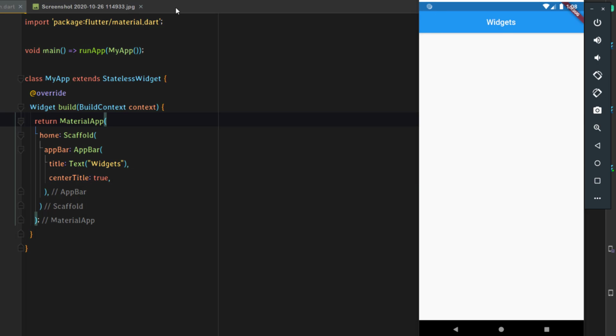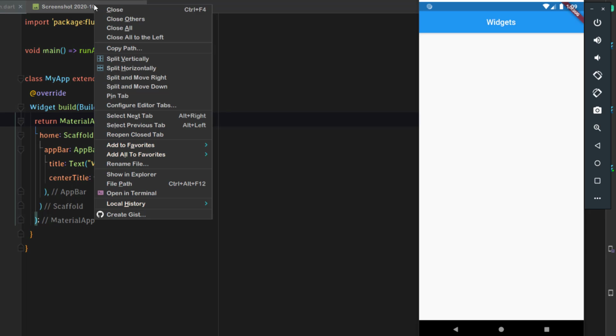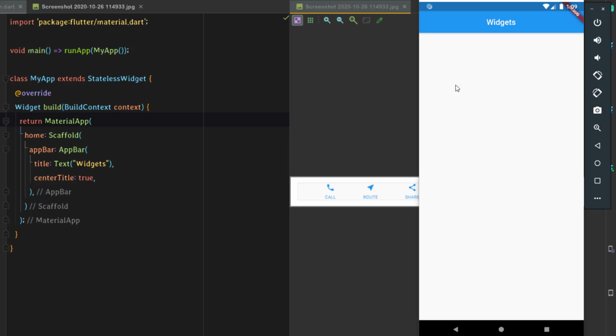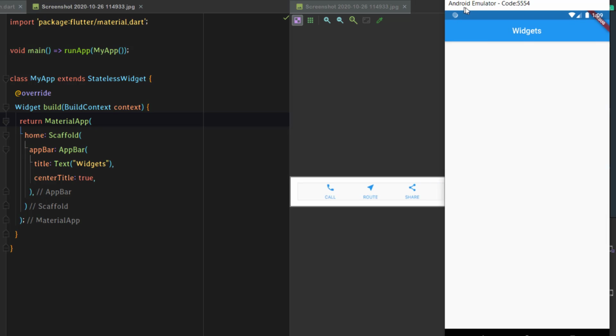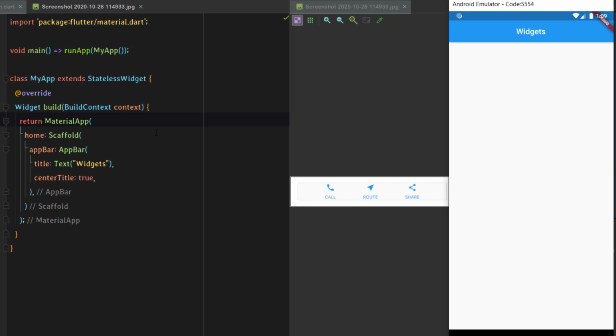Now it's time to design this layout. So what I can do is I can just split this vertically so that I can see it. We can go to the body part of our scaffold, and first basically we can add a container.